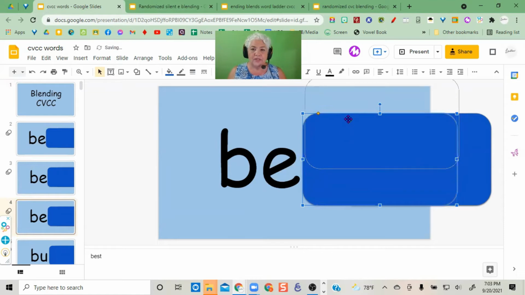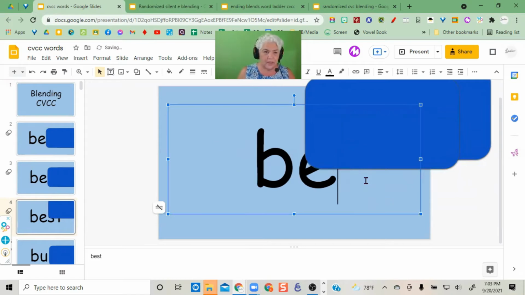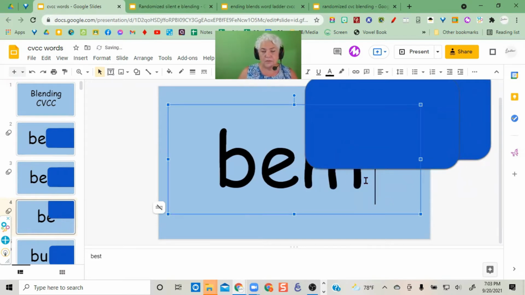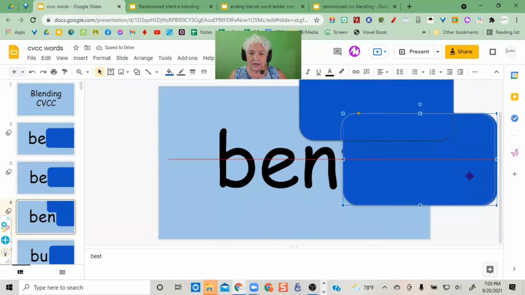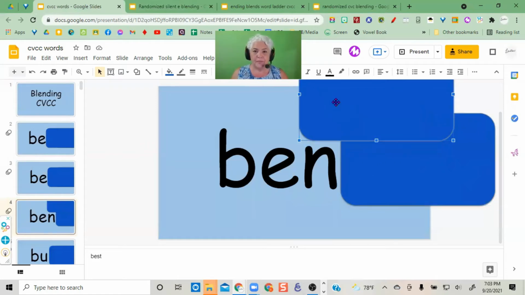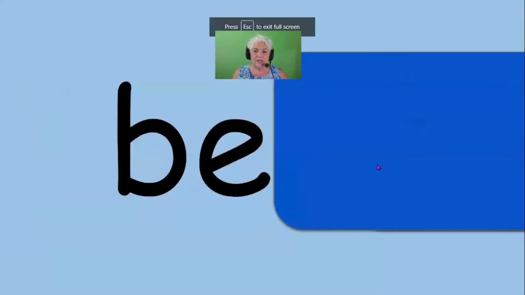So I can move these up out of the way so I can see it. So this word was best, and let's say I want to make bent or whatever, you just change it. And then you move these back. So here, the way I do it is the back one covers just the last letter, and I position it so it covers all of it. And then this one, line it up, and you can see from the red line when it's lined up with the other one. There. And then the animation stays. It knows to move the first one out first and then the second one out. So if I were to present this in presentation mode,